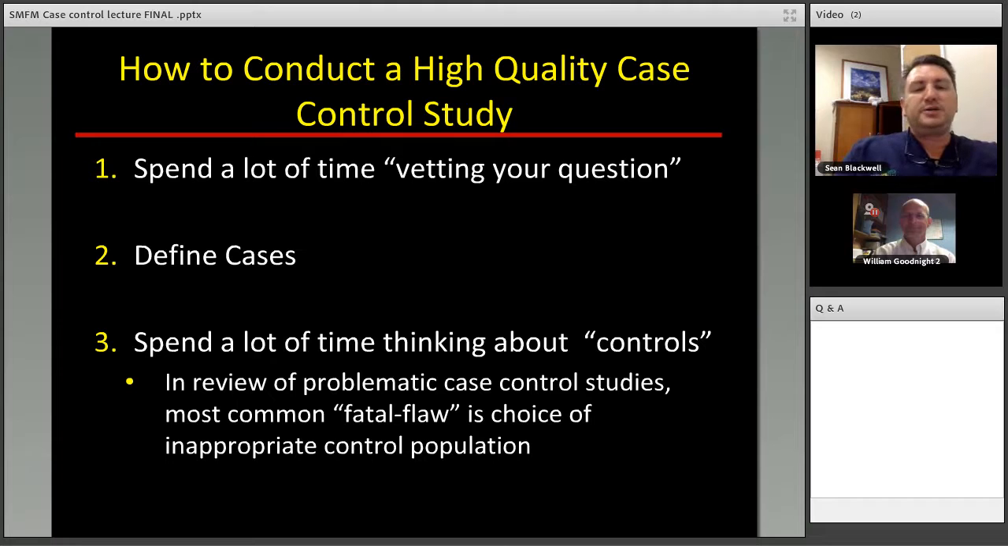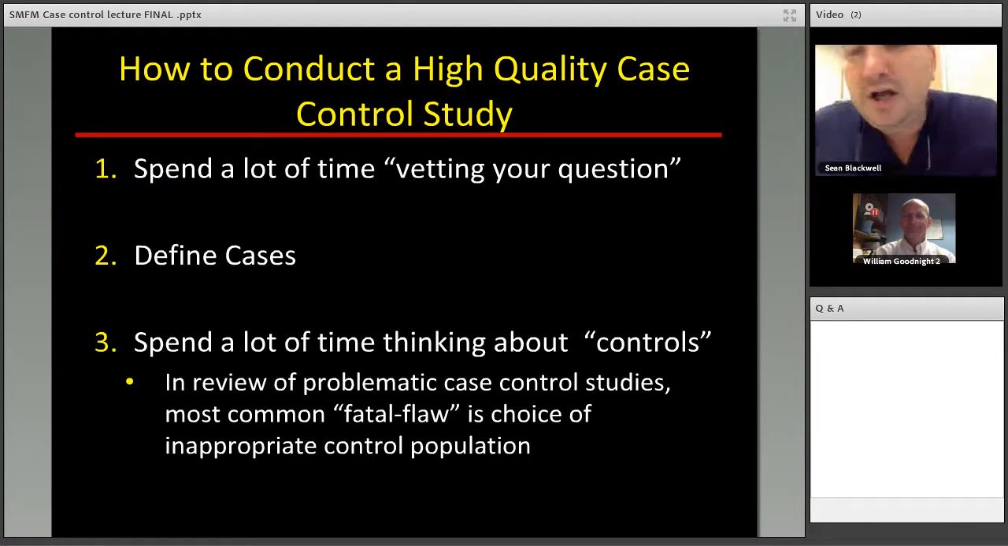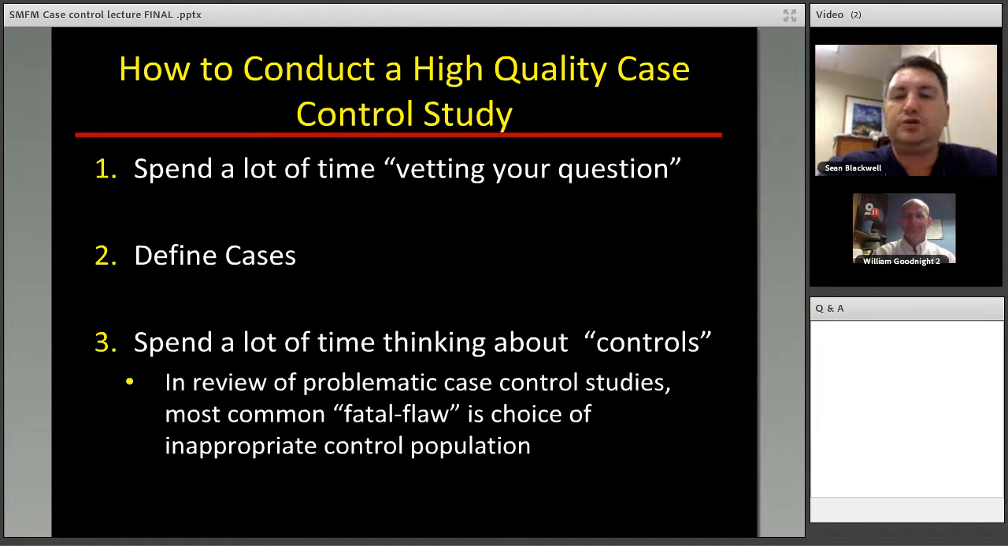Again, spend a lot of time vetting your question. Is it an important question? Does it match case control design? You want to define your cases. There are certainly some outcomes that are more amenable to a case control design: outcomes or cases that are very discrete, that are very well defined, that don't overlap with other conditions, that don't get better or worse over time. Those are probably better cases. And then you want to spend a lot of time thinking about controls, the most appropriate controls for the population